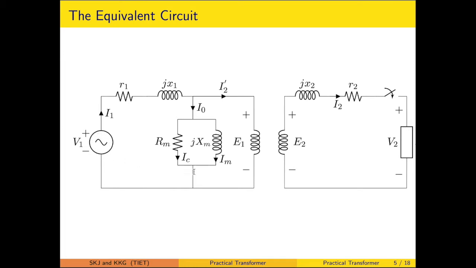That is why this is represented only on one side, whereas the windings are on both sides. That is why R1 and jX1 are on one side, and R2 and jX2 on the other side. When these are accounted for, whatever is represented here comes out to be the ideal transformer. This sets the background for the development of the phasor diagram.